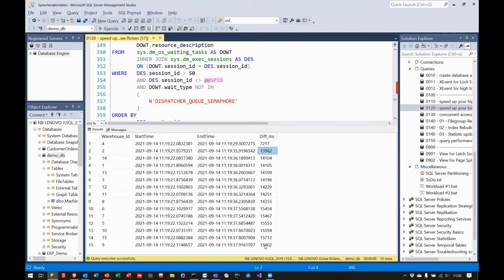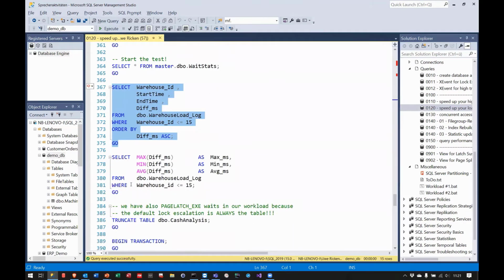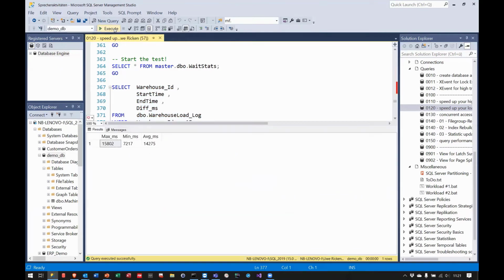So the distribution of the runtime seems to be, let's say, more or better distributed. To be honest, it is better distributed because every single process is pushing data into its own file. But every process, every warehouse had to wait until the lock has been released. So what happens then here is very simple: due to a faster writing, we are releasing the lock earlier, and then we have an average which is 2